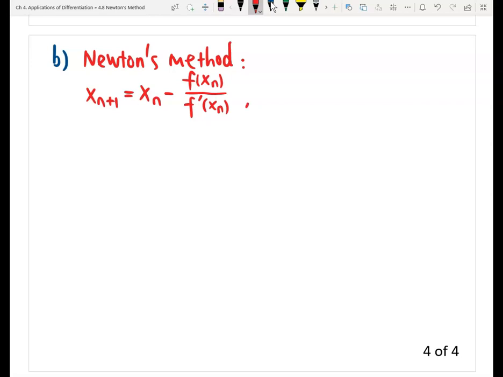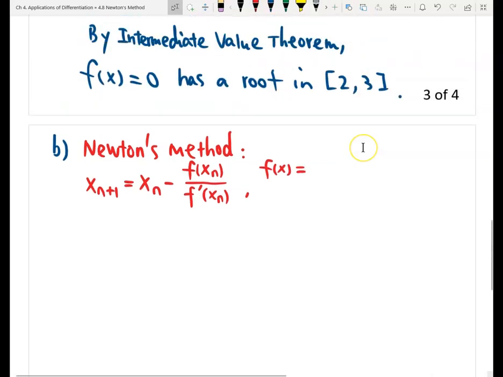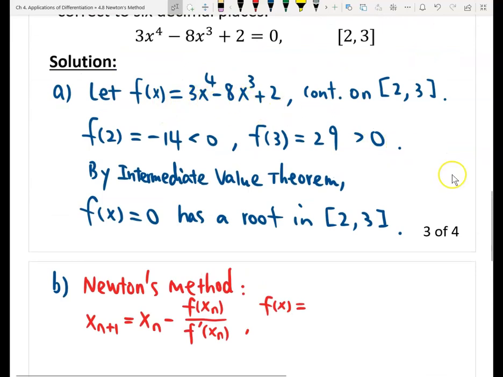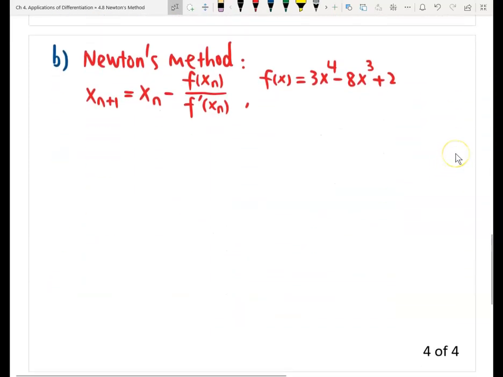All we need here is the function f and the function derivative. So what is f? It's this polynomial. Let me copy the formula here, which is 3x^4 minus ax^3 plus 2. Okay, good, we have the function. Now we're going to find the derivative. The derivative, of course, is easy. It's 12x^3 minus 24x^2, right? And we follow this formula